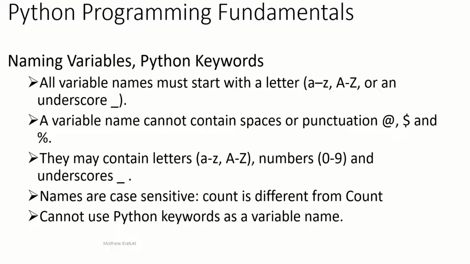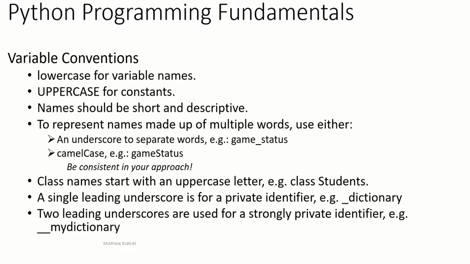Variable names must start with a letter or an underscore. Variable names cannot contain white spaces or punctuations. Variable names may contain letters, numbers 0 to 9, and underscores. Something else to note is that variable names are case sensitive and should never be Python keywords. There are several variable naming conventions, most of which are not mandatory, but very vital for readability of code and